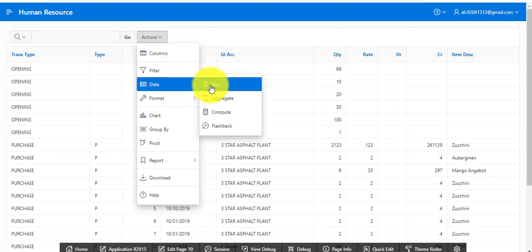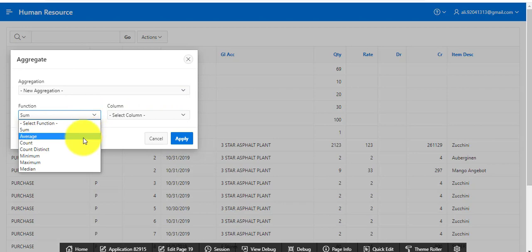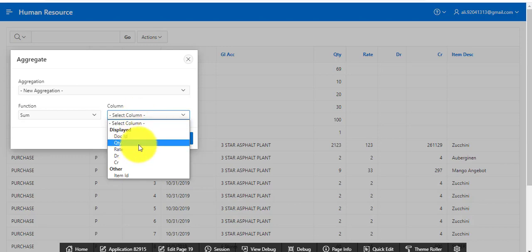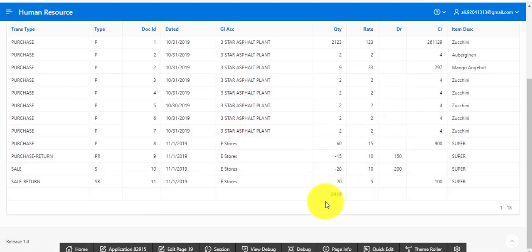You can change sort. The end user can summarize a column with an aggregate. Select the column, then choose quantity and a function such as count, sum, average, or anything you like. I'm pressing sum, plus column. I'm selecting quantity and applying. You can see at the top, at the end of the report,